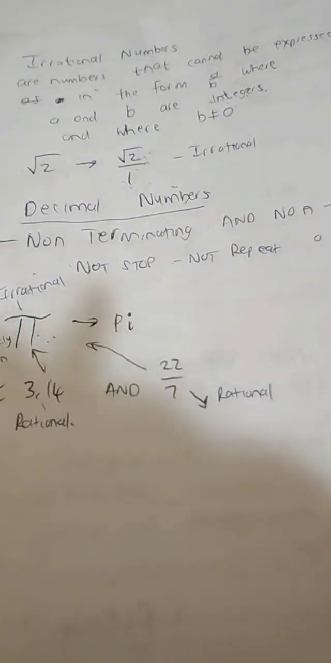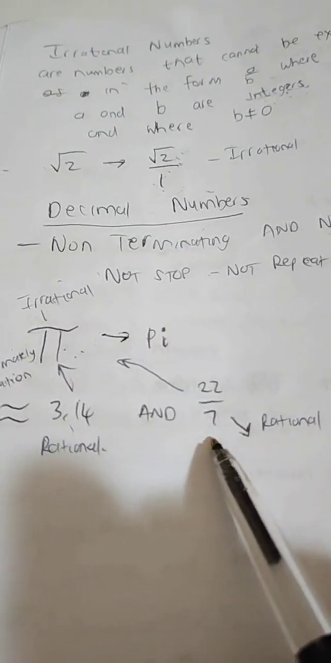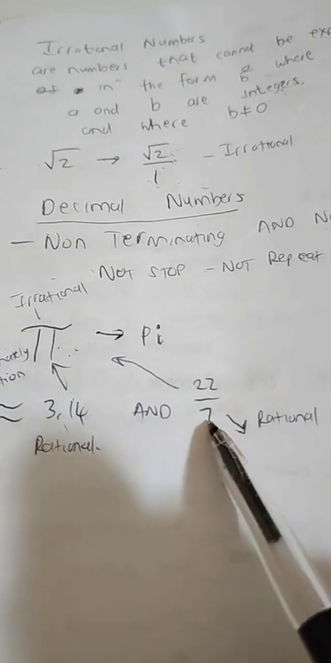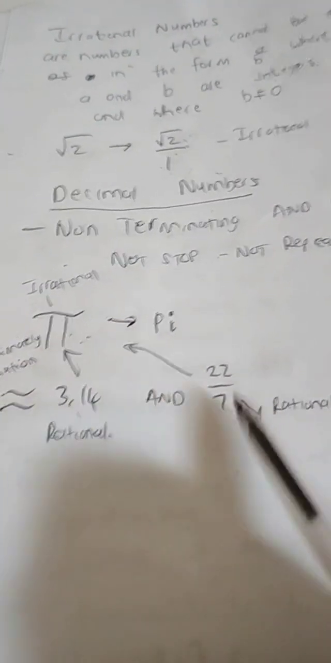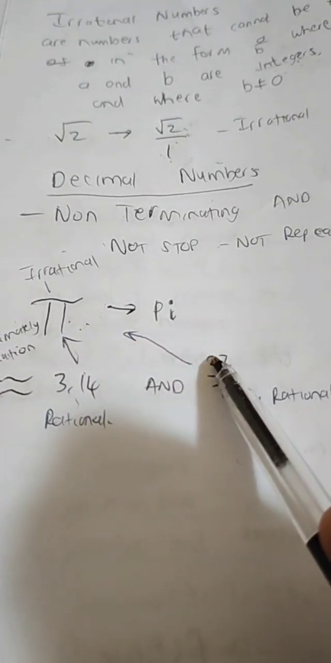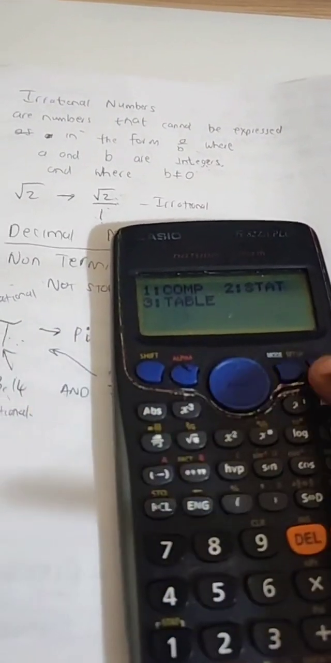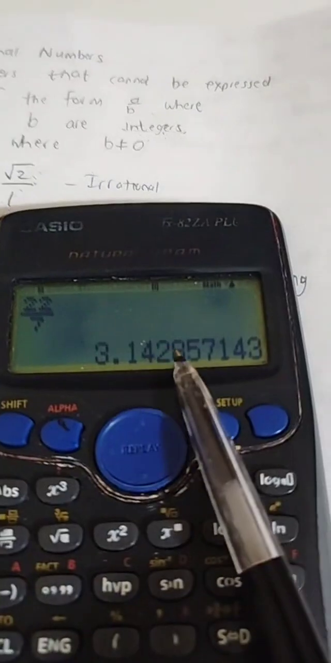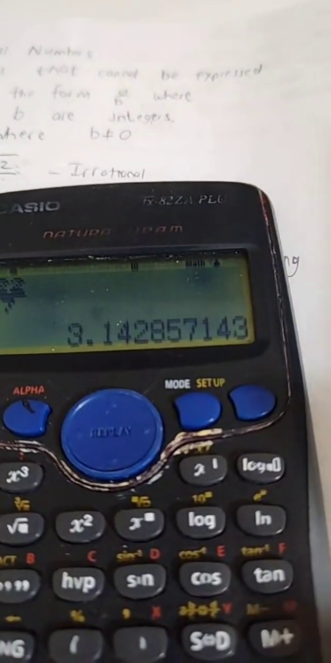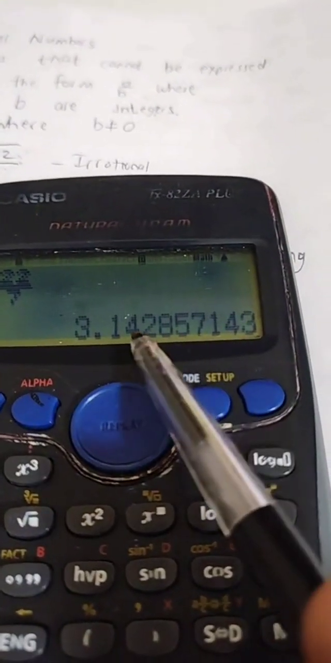And then lastly, 22/7. This here is rational as well. Remember, why do we say 22/7 is rational? It is because 22/7 is fitting the definition of a rational number, a number that can be expressed in the form of a over b, where a, the numerator, is an integer, b, the denominator, is an integer, and b cannot be 0. So this here is rational, right? And when you put 22 over 7 in the calculator, let me show you just now, 22 over 7, you get a nearly similar value to pi, but this